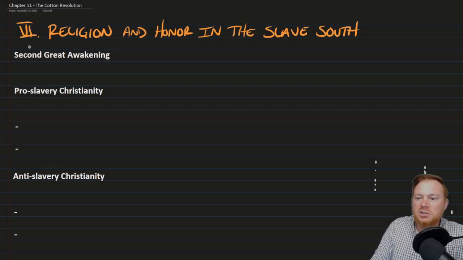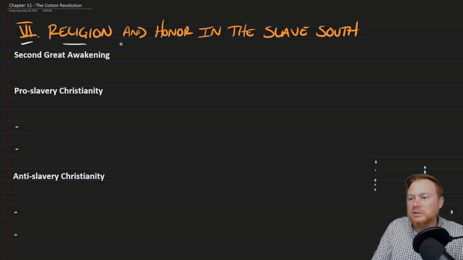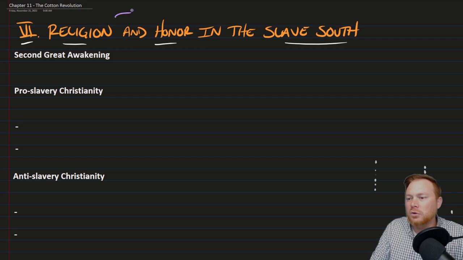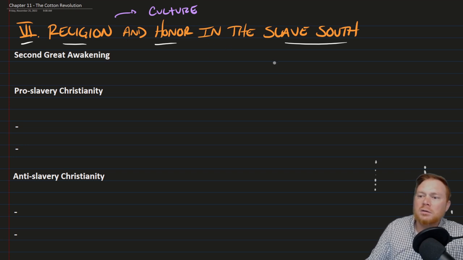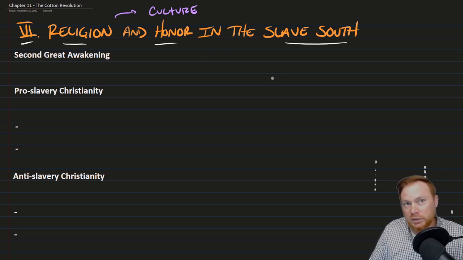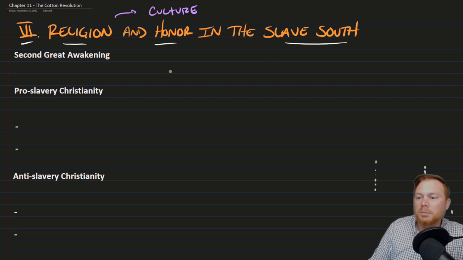All right, last section here, section 6, religion and honor in the slave South. So religion is typically a good indication of culture. This is one of the markers of it. And much like in other parts of the country in the antebellum era, religion was growing in popularity, and that was thanks to the Second Great Awakening, which